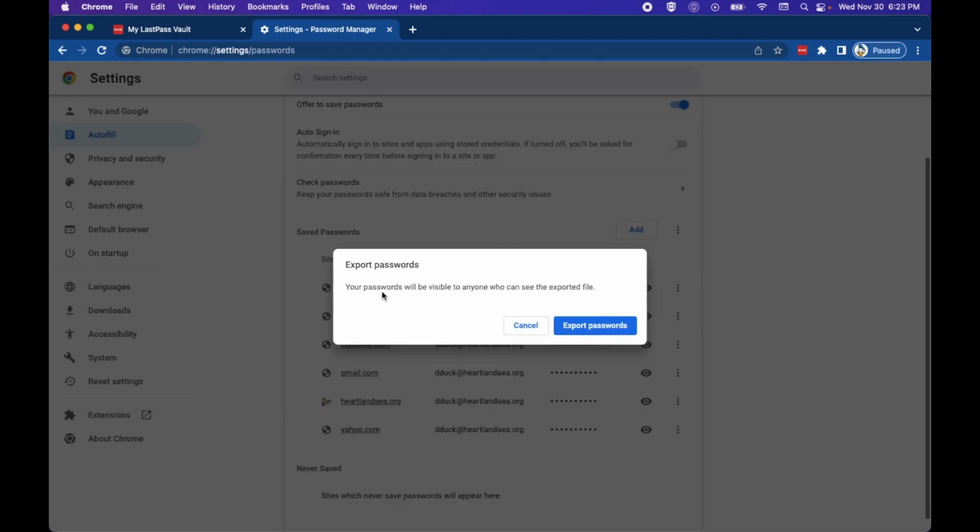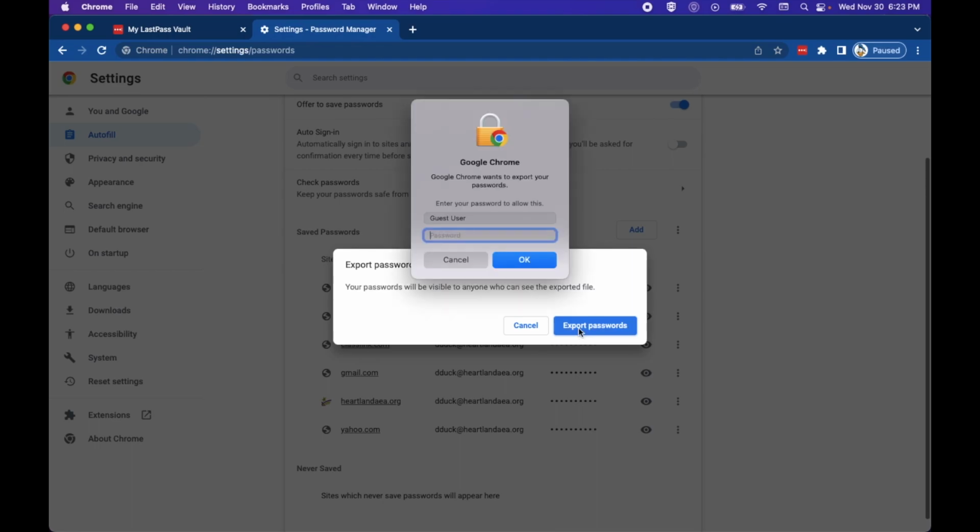Now this notice is very important. What this is telling us is taking all of our passwords from Chrome and putting it into a spreadsheet file that we will save locally on our computer. So it's an interesting point to know that we're taking our passwords and putting them in another location for the moment. So we're going to go ahead and export,